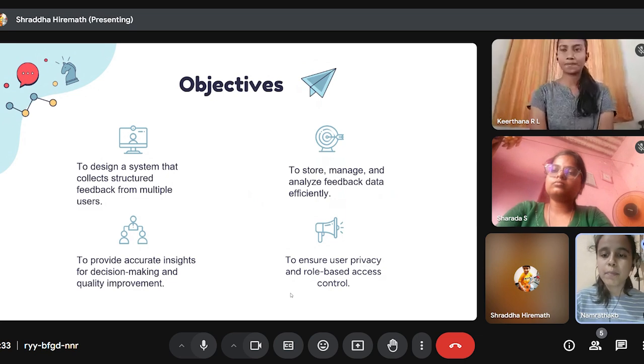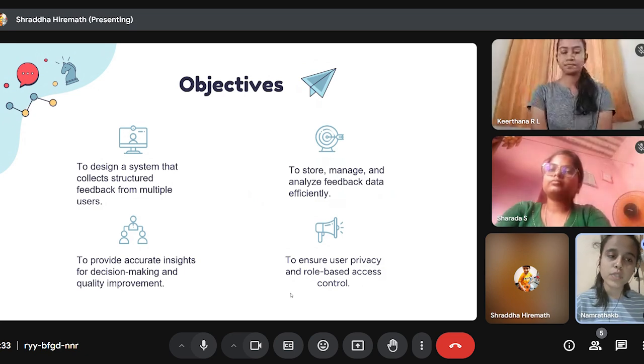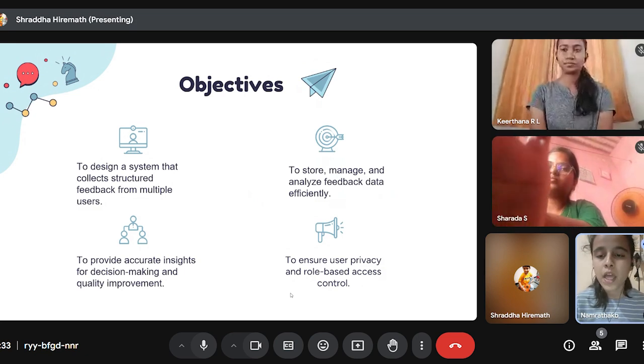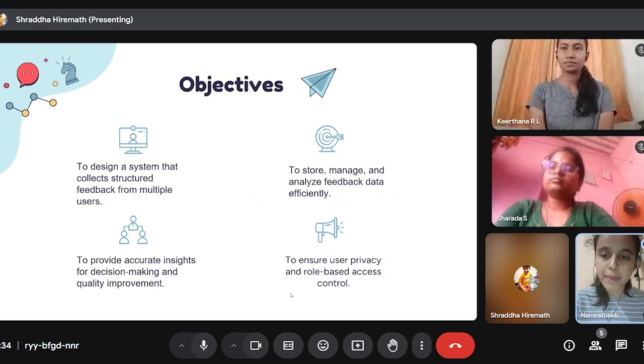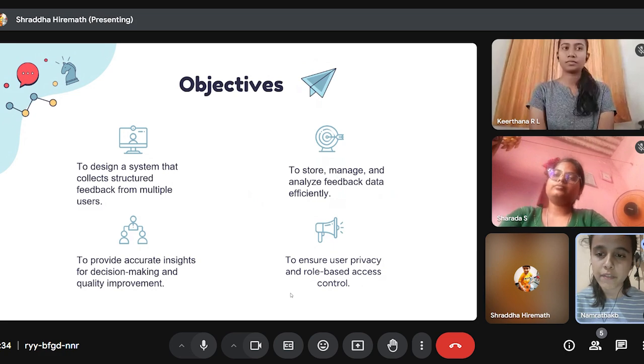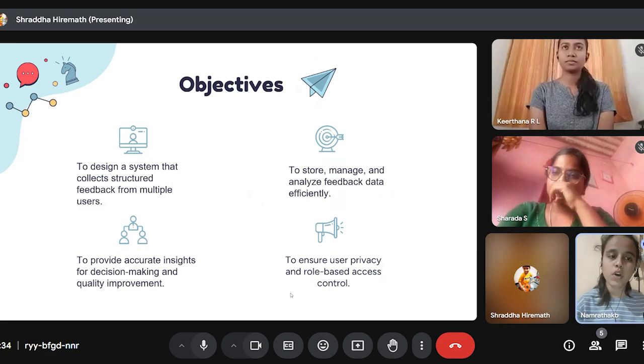It will provide actual decision making which helps quality improvement. By using the website we can give feedback accurately, and if there is a problem to discuss with the faculty, we can do it directly online. Websites or apps will help a lot in this way.